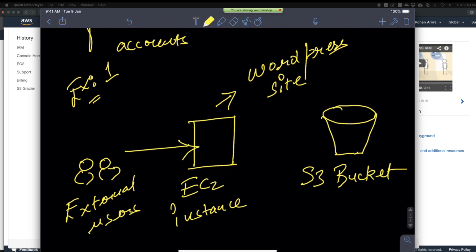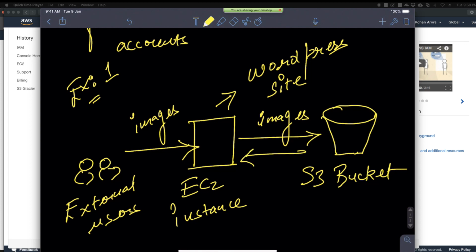They'll browse your website, reach your instance, and upload some images. For example, it works like Instagram. You're running some website, and the users have the privilege to push or upload their images, like you upload images to Facebook or Instagram. So these users upload or post their videos and images. These images or videos are pushed and saved to the S3 bucket, which is the storage option. And when these users want to retrieve the images, they are extracted from this bucket